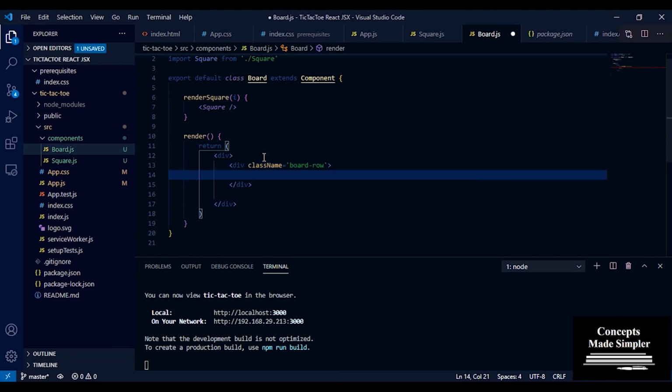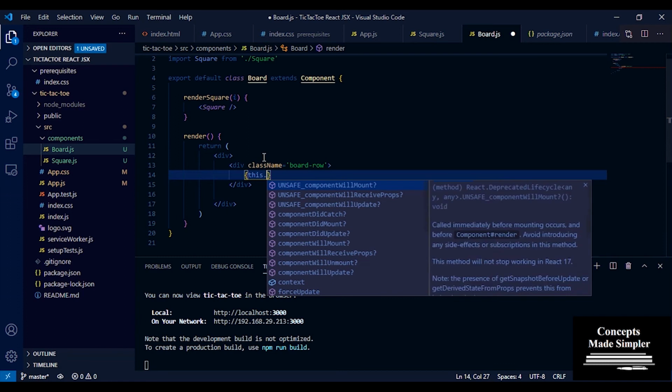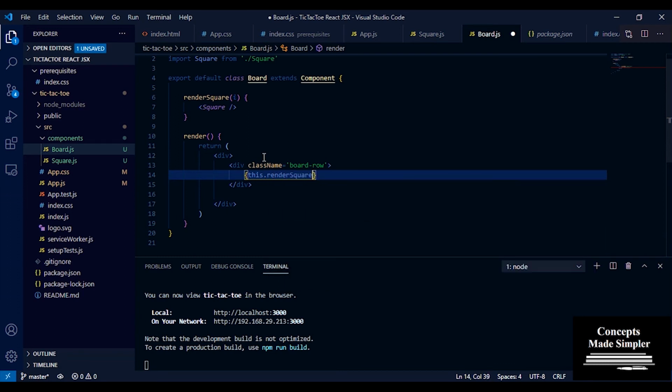Inside board-row, we're going to call the renderSquare method so that we can render a square. So we call this.renderSquare. Since this is a class, this refers to the current class's function renderSquare, and it takes a number. Let's give it 0.